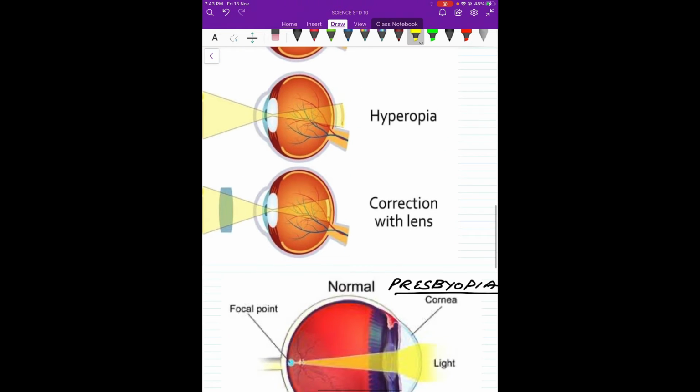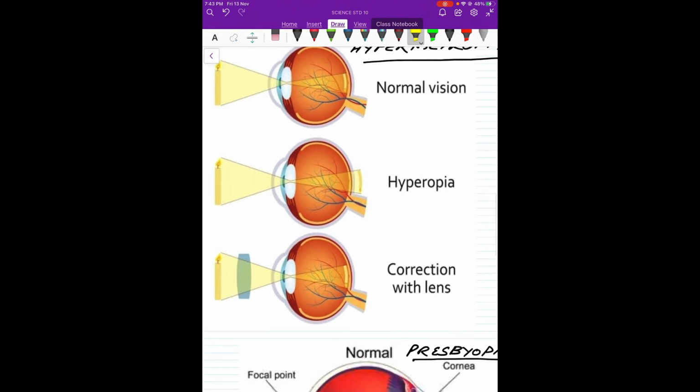Yeah, so this is hypermetropia or hyperopia. If you can see, this is your normal vision. There is a candle image and it is formed on the retina. But in abnormal circumstances, when you have a problem of hypermetropia, this image is formed behind the retina. So what do we do? We use a convex lens and we try to focus it on the retinal screen.